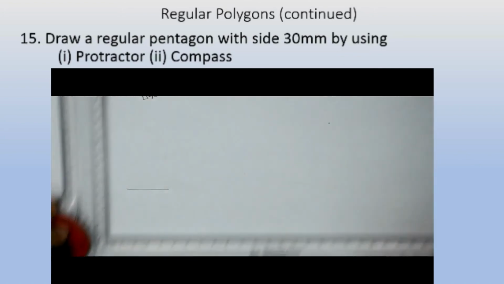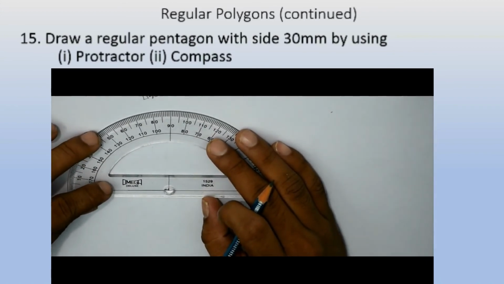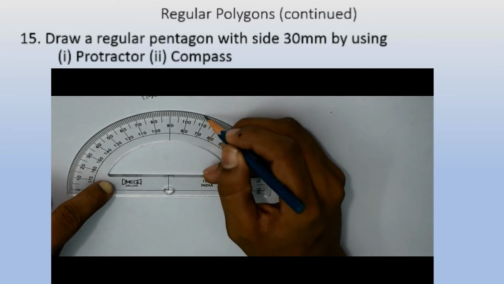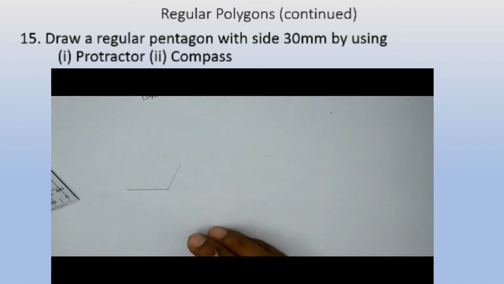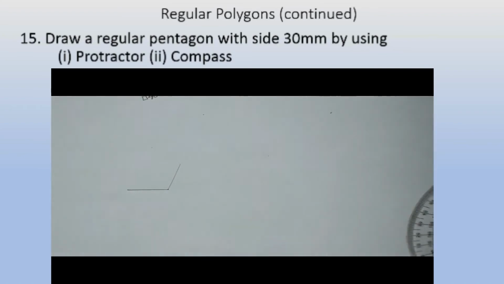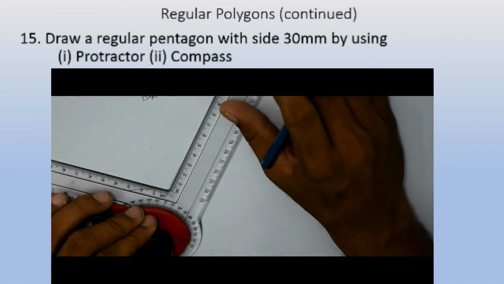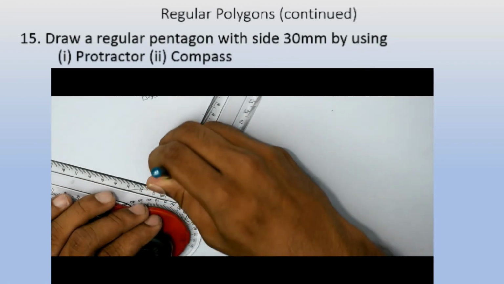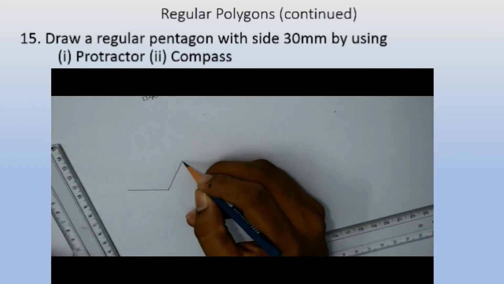I have taken the first line here, which is 30 mm as given. Now by using the protractor scale, I will mark an angle of 72 degree from this side. 72 degree. Make a note of it, 72 degree. And I will just draw one line, not till that point because the side is only 30. After taking that line for some distance, now I will take this distance as 30 because this is a regular pentagon and every side is going to be equal, and a pentagon will have 5 equal sides.